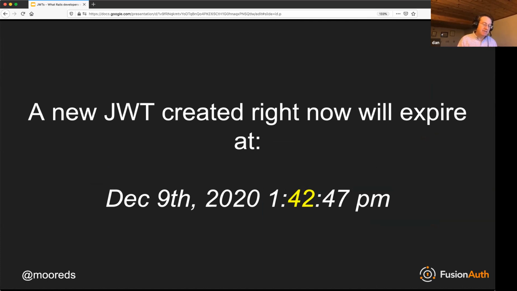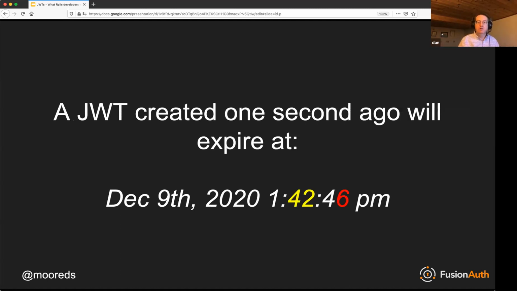If we want to make sure that all JWTs created before right now are invalid because the user logged out, then a JWT created one second ago would expire at 1:42:46.